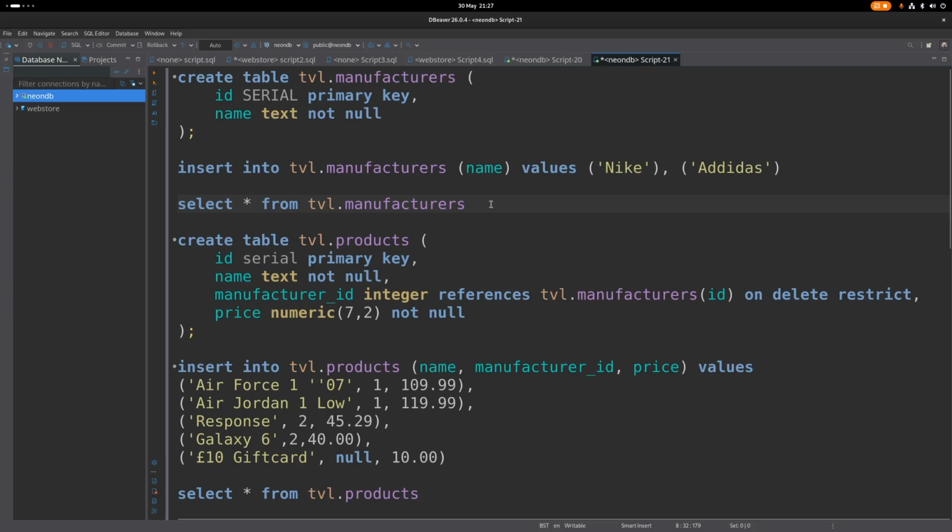So over here in Postgres, what I've created is a very simple scenario where we are running a shoe store, an online shoe store. And we have a set of manufacturers and a set of products. These are the two tables. The tables are very simple. You can see the create statements here. The manufacturers have an ID and a name, and the products have an ID, name, manufacturer ID, and price. If we take a quick look at our manufacturers,